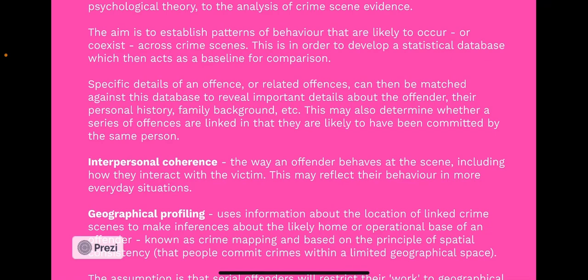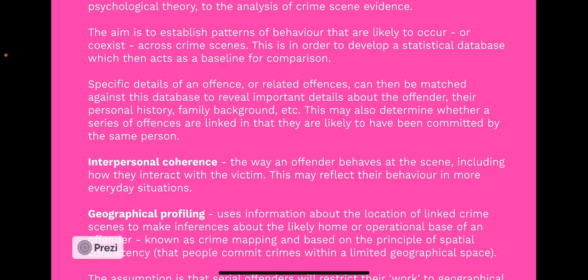They're looking to establish patterns of behaviour that occur or coexist across crime scenes, and this is to develop a statistical database, which is a baseline for comparison of different offences. They look for specific details of an offence and match them against the database to reveal important details about the offender, such as their personal history, family background, etc. And this also determines whether a series of offences are linked and likely committed